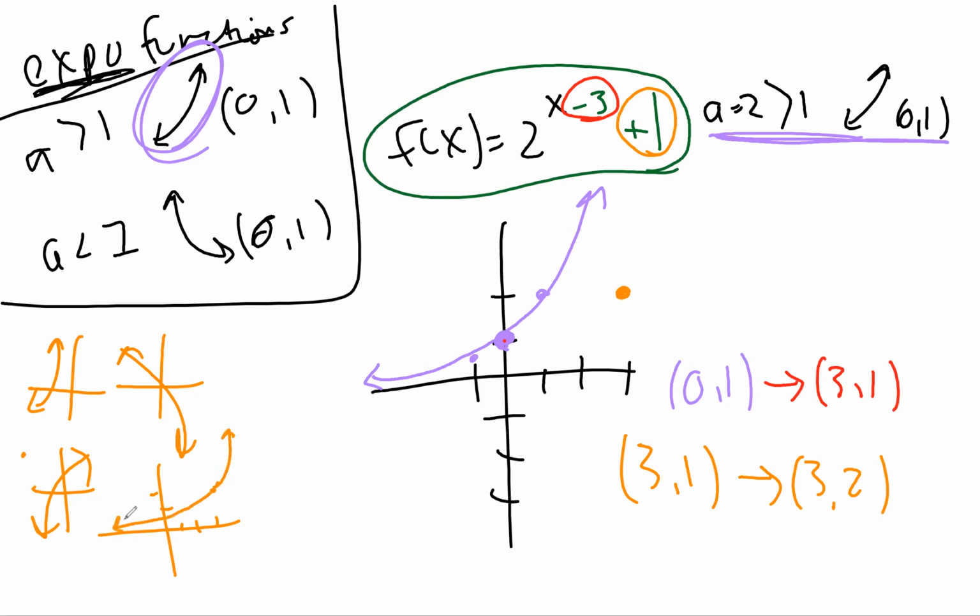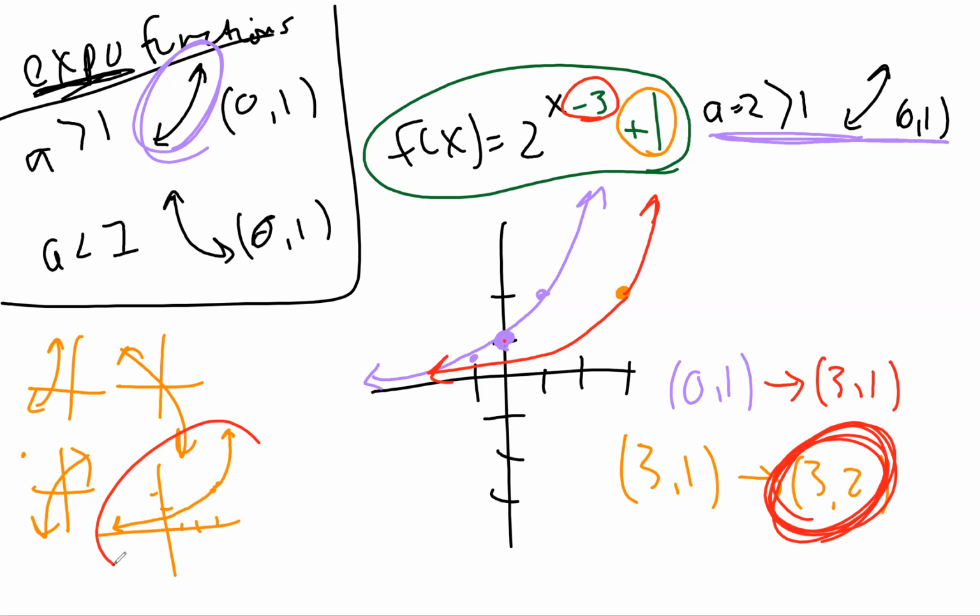What's going to happen when you're doing the exam is you have to be able to find this new point. That is the most important thing. Because once you find that new point, you already know the graph should be increasing, so you can just do a real quick rough draft like that. And then you can come down here, and it's going to be super easy to pick the right graph based on the point. So finding this point is the key.